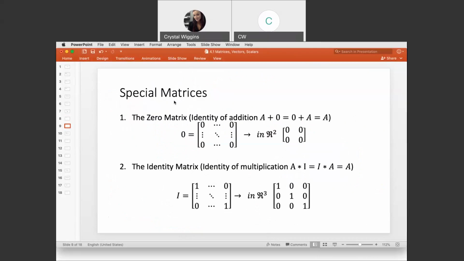Now, special matrices: the zero matrix, the identity of addition. When we are talking about identities in math, we are talking about things that apply an operation but don't change anything. So when we're referring to the identity of addition, we're saying what number, when added to another, doesn't actually change the number. And we know that that is 0. So the zero matrix, which is when all the elements in the matrix are zeros, is our identity matrix for